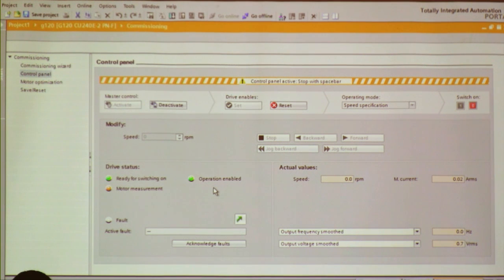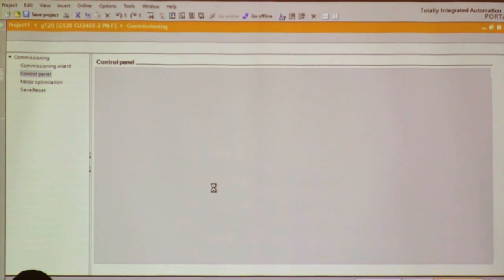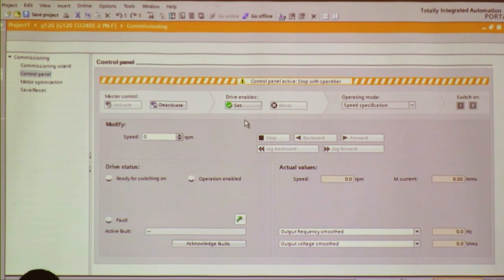Okay, good. So I can set the drive here, turn it on. Now we can just give it a speed, let's say 1,000, and jog forward, jog backward. So pretty quick, right? From scratch, auto-detect the PLC, add in the drive, and do the commissioning wizard to make sure the wiring's correct and everything's all set. I did my little bench test. Now let's get it turning by controlling it from the